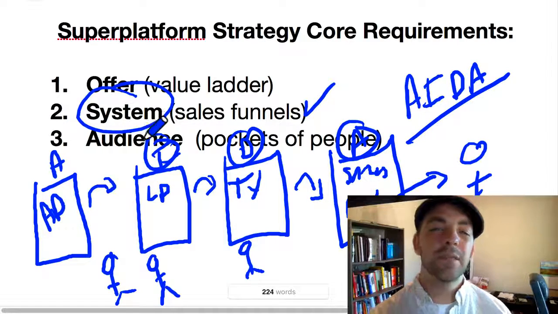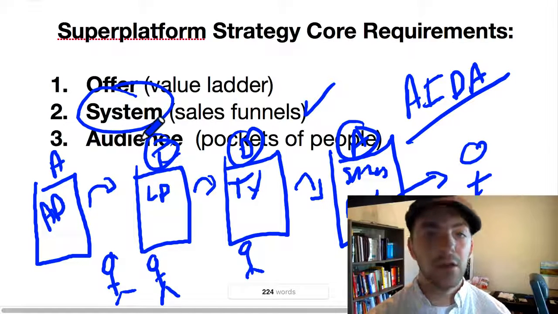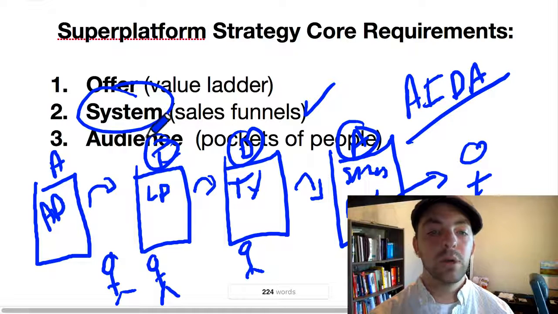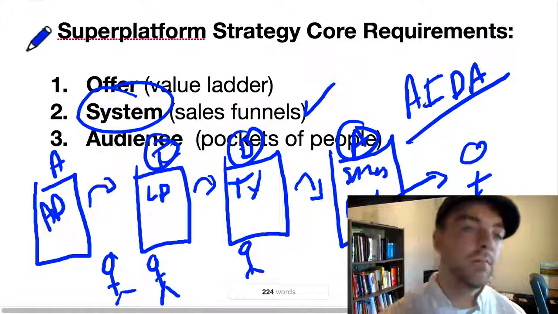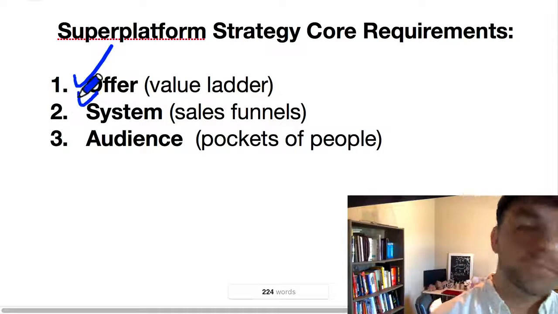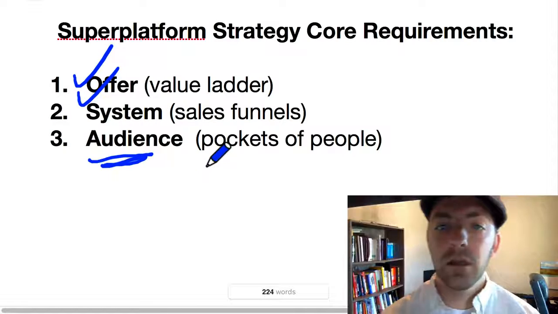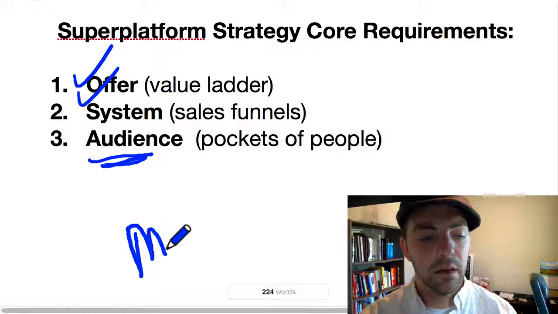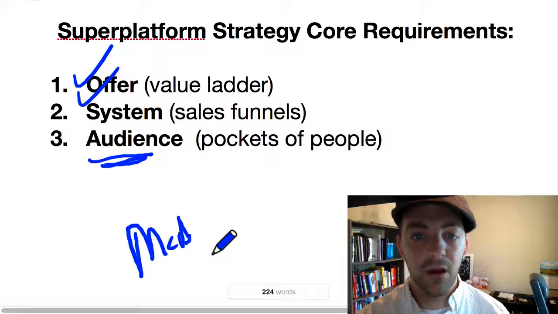You can think of this system as cloning your sales force. Instead of having to hire, train, and continually manage your sales team, you build it once, tell it exactly what to do, and it will continue to work for you over and over. But you can have the best offer in the world and the most efficient system in the world, and if you don't know where your audience is, or can't find them, it's like putting a McDonald's in the middle of the desert. You're not going to sell any cheeseburgers out there.